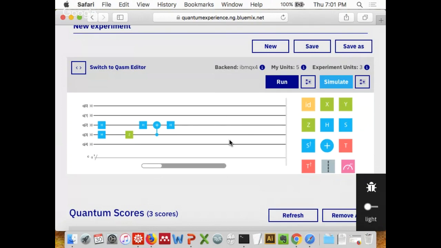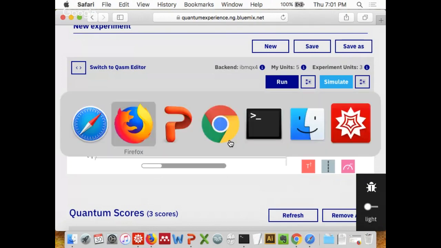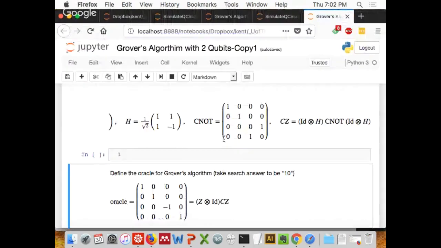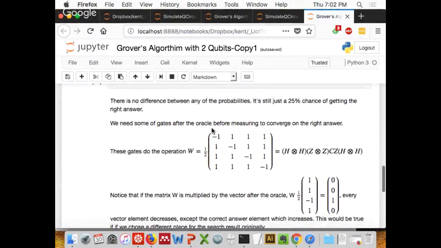Now we need to do that W matrix, which I've written out down here, and it's a bunch more gates that look like this. It's Hadamards, then 2 Z gates, and another controlled Z. So one thing that's good to remember about matrix multiplication is this is actually the gate that you want to put down first in your circuit. The qubit sees